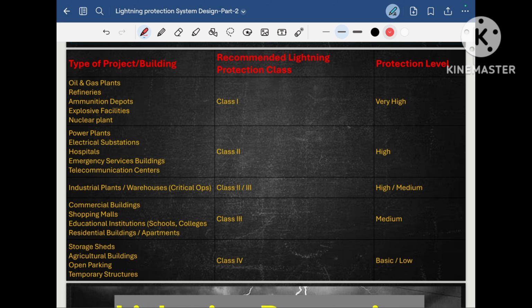I hope you clearly understand what class 1 protection, class 2 protection, class 3 protection and class 4 protection are, and where to use each of them. Here I summarize what I explained. Class 1 protection is used for those projects which are a direct threat for the environment. Class 2 protection we use for those projects which are a threat for the nearby environment, and class 3 protection